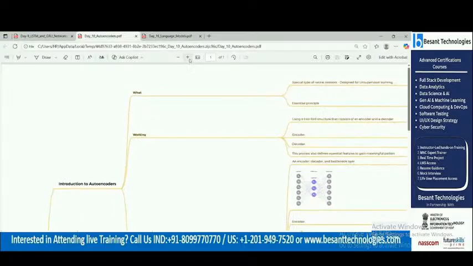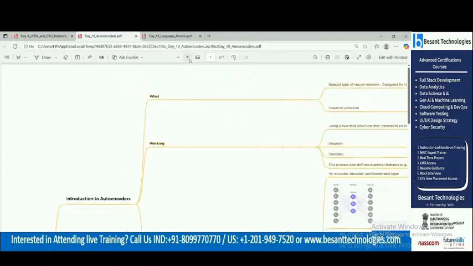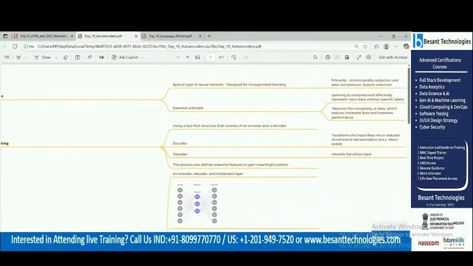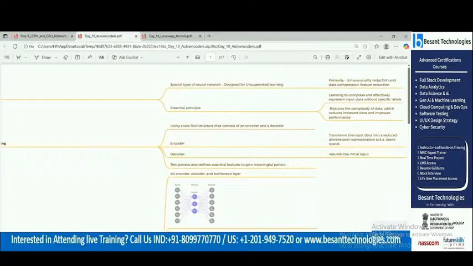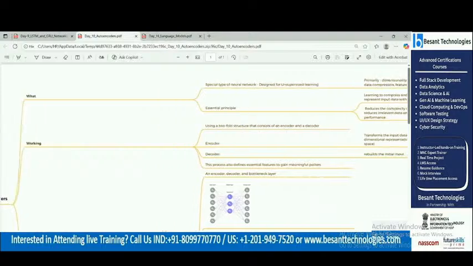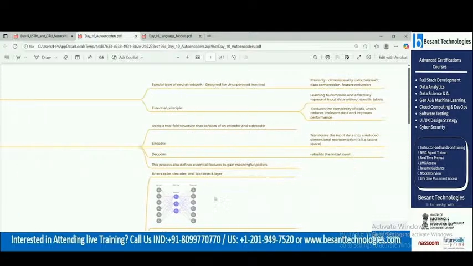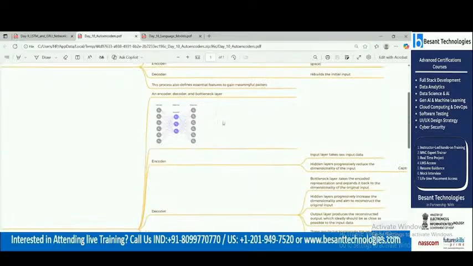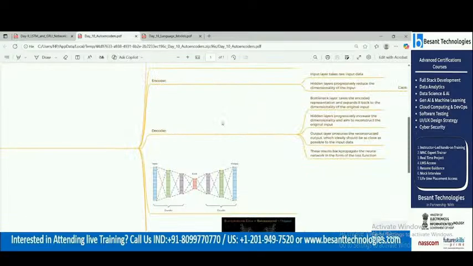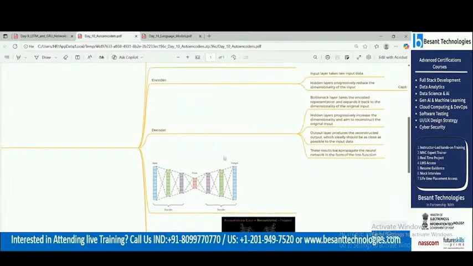So what do you mean by encoders? Encoders and decoders, these are the two concepts, the two techniques in your neural networks. Now see here, a special type of neural network. Which neural networks have you used in your machine learning algorithms?